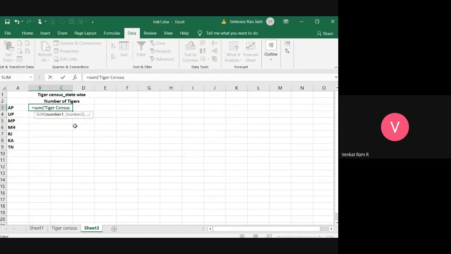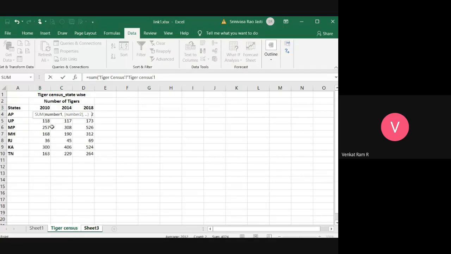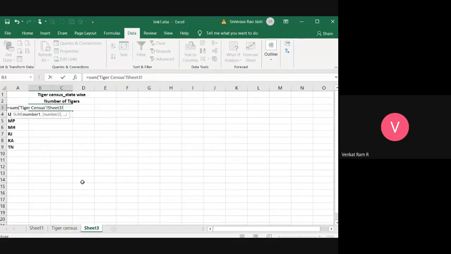Okay, followed by closing the single quote and an exclamation mark, and select wherever it is. B4 to D4. So I'm going to select tiger census, then B4 to D4, and then close the parenthesis. Okay, and click on enter.